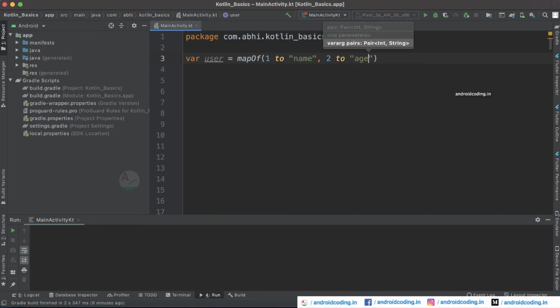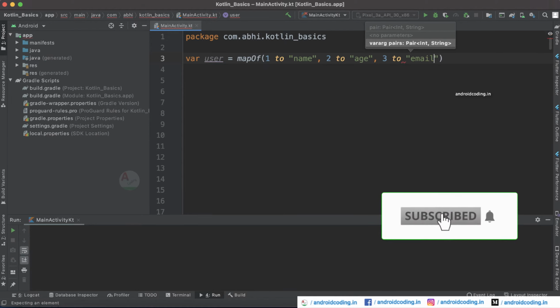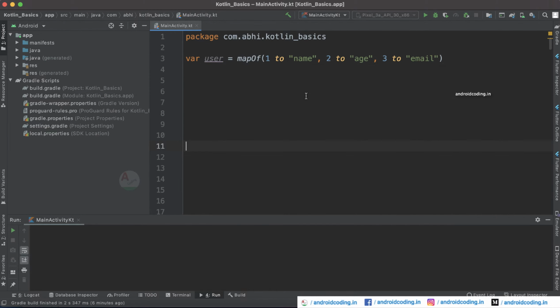Here we will be declaring age, and 3. Here we will be declaring email address. Don't get confused, we have considered 1, 2, 3 here just to make use of those key value pairs and retrieve data. In general, we will be considering two strings here, like as we have provided name, and here we can just provide Abhi. Like this we can make use of these key value pairs.